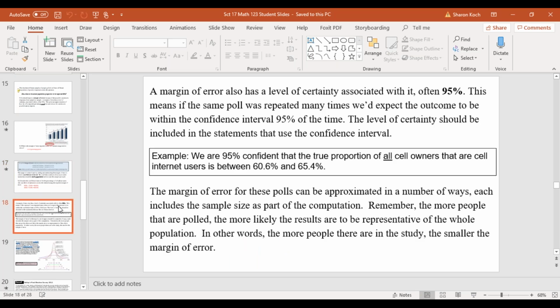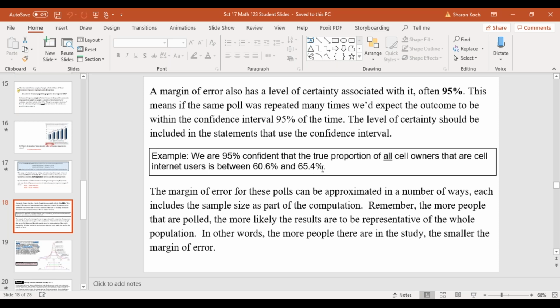So how would I word that? We have to state, and I'll be looking for these words in your exam, hint, hint: since we applied the margin of error and we know the margin of error is 95% accurate, I have to state that in my statement explaining what the confidence interval is. So look at what they said. We are 95% confident that the true proportion of all cell owners that are internet users is between 60.6 and